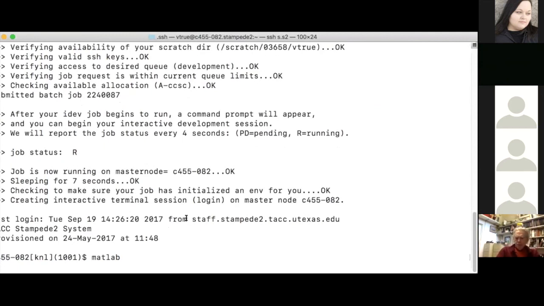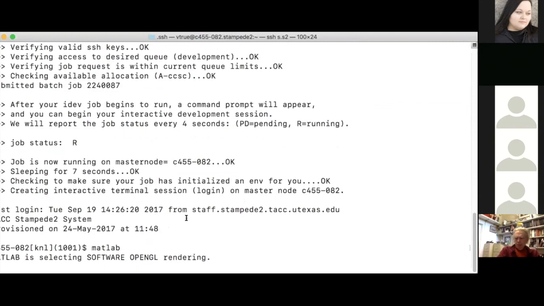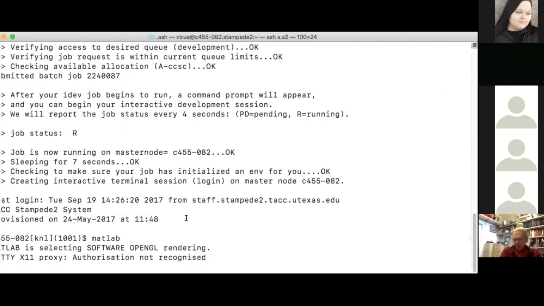Although I can't remember if I have my license currently set or not, so this may actually stall out on me. Yeah, and I didn't log in with a -X session. If you have access to the license, you can go onto a compute node and run MATLAB.